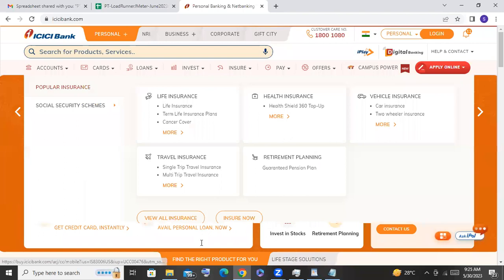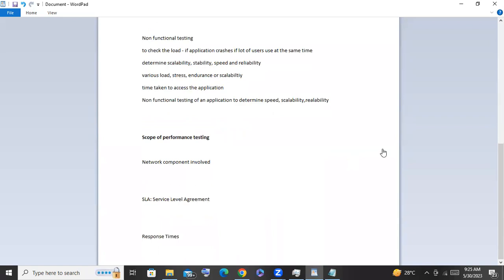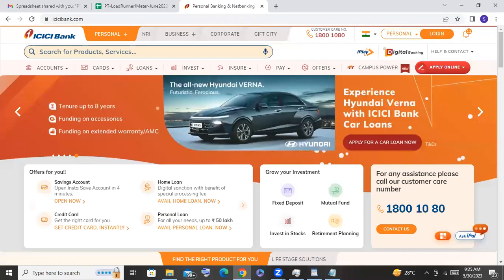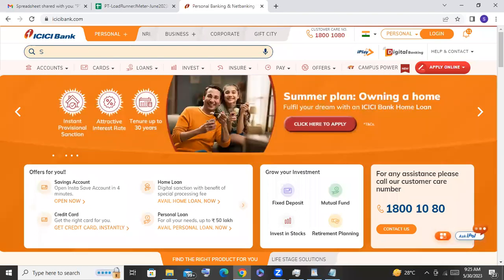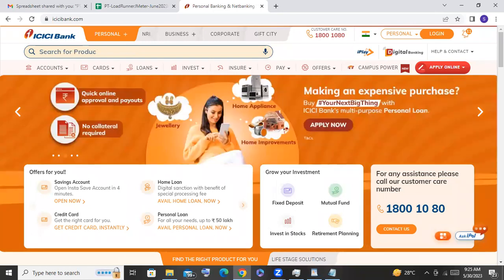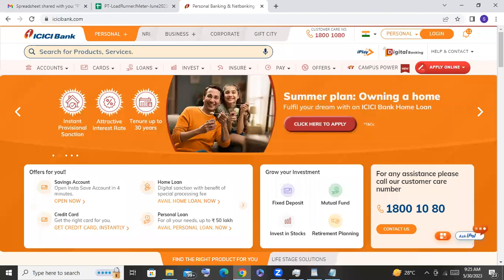Now, the second most important thing that we are trying to look at is on this application. Let's say I'm the developer of this particular ICICIbank.com. I deploy this application on a server, and once I deploy it on the server,